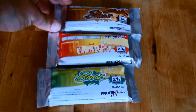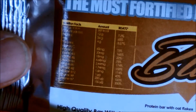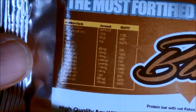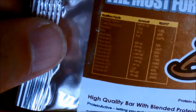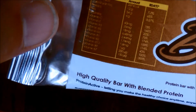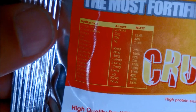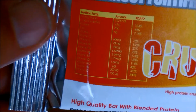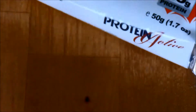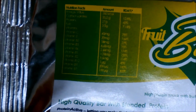The macros on them, if I can zoom in and have a look. In the Choco Blast, it's 269 calories, 12 grams of carb, 34 grams of protein, 4 grams of fat, and a load of vitamins. Fruit Crunch, if you can focus, 262, again 23 of carb, 23 of protein, 4 of fat, and the same vitamins. These are all 50 gram bars. And Fruit Blast, funnily enough, 262 calories,